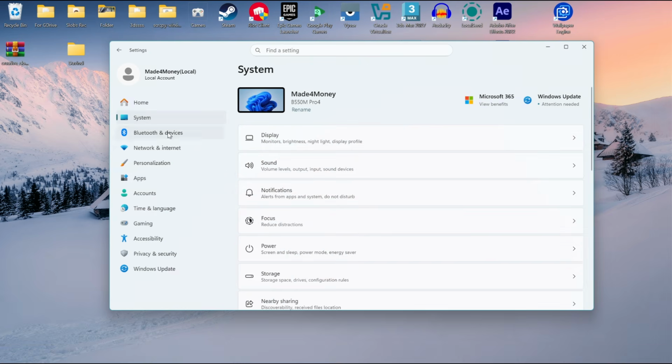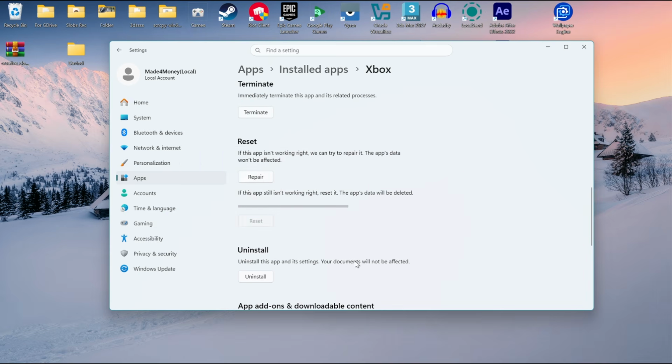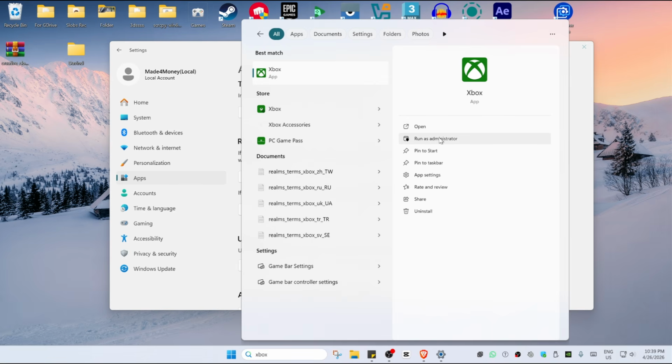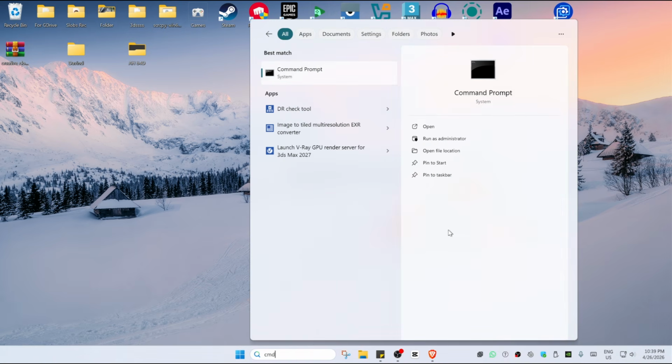If that doesn't work, click on Terminate once more, and then click on Reset. Wait for it, and then go ahead and find Xbox, and this time run it as an administrator. And if that still won't work, go over to your search bar, find CMD, click on